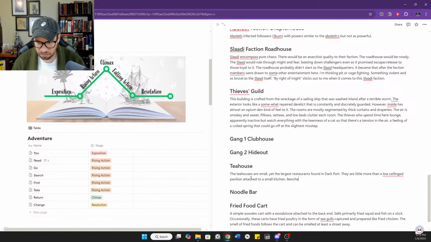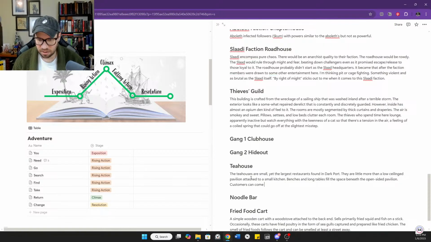Benches and long tables fill the space beneath the open-sided pavilion.